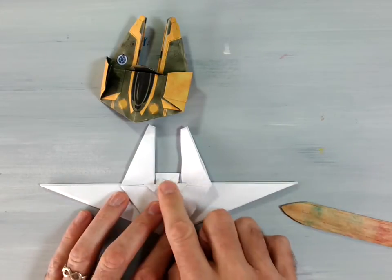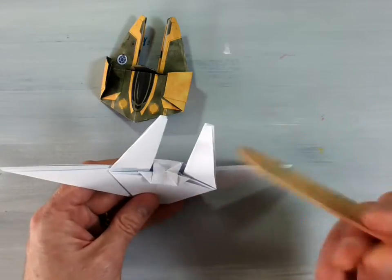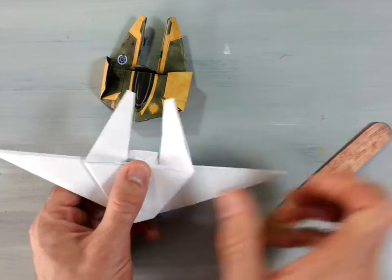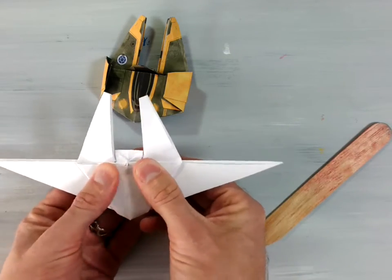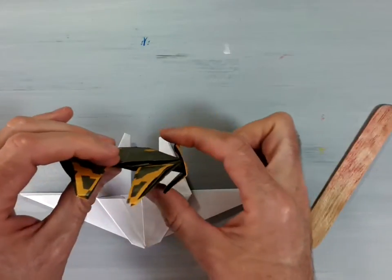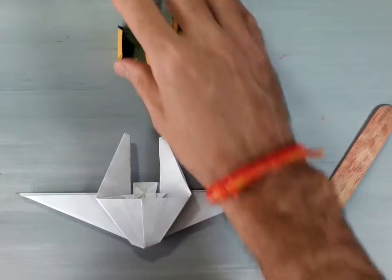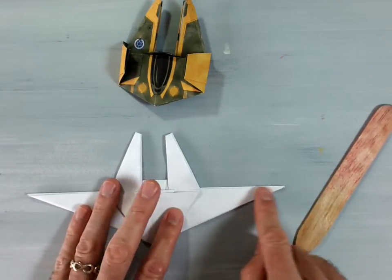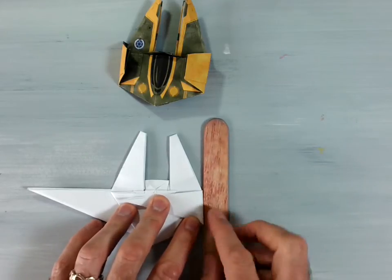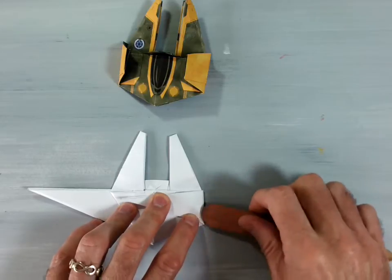Now take this cockpit piece and tuck it right inside the pocket. There's a little pocket right here, and you can just tuck that piece inside. Okay, now that that's completed, we're going to fold the bottom piece, which will turn out to be this angular wing here. All right, take this point here and fold it over so that the resulting line here along my bone folder is a nice vertical line. Okay, crease that well,